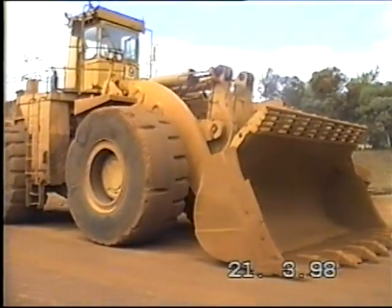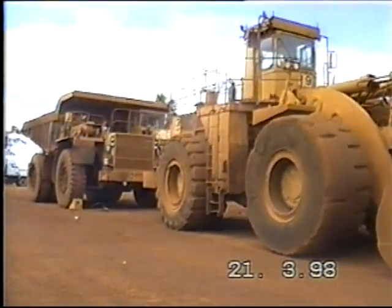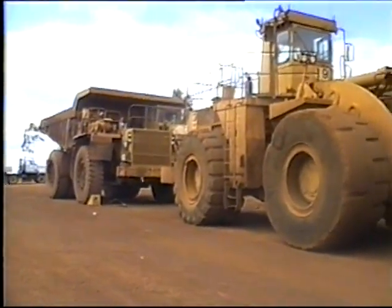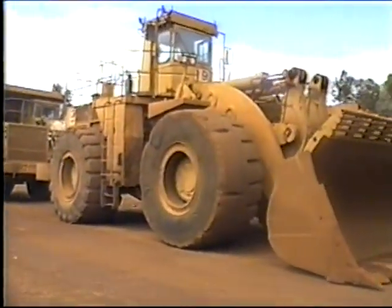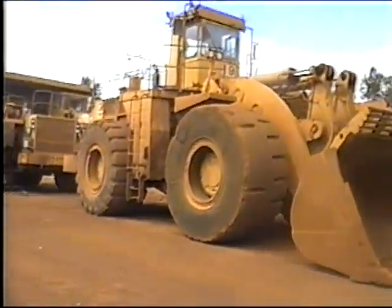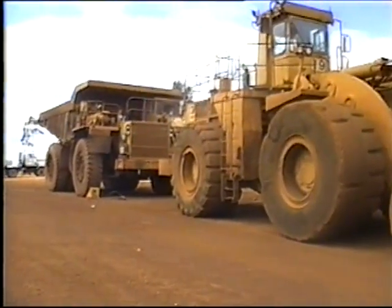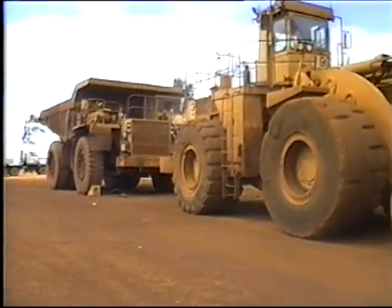Yeah, today we're out at the Worsley alumina mine. And these two here, the back one's a little haul pack. This front one's a little front end loader. Yeah, haul packs. 70 tonnes sitting there empty, and it's 85 tonnes that they put on it. Right, that's only a little dodgy one. This is a